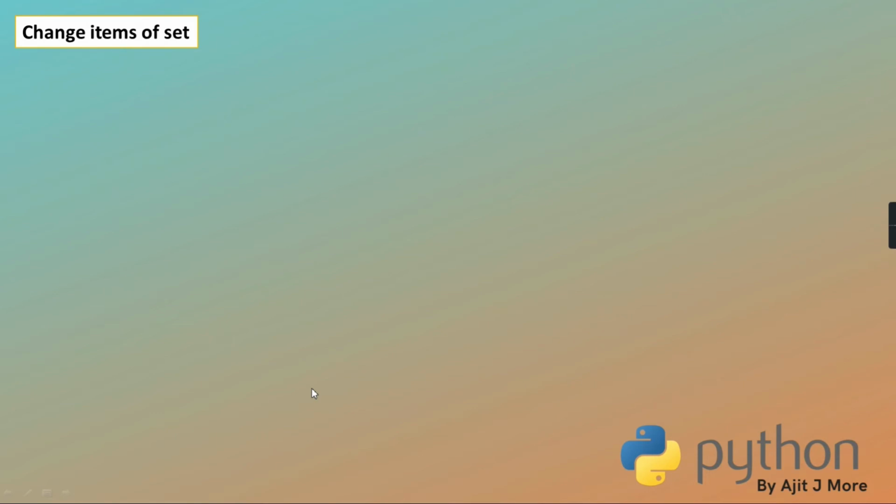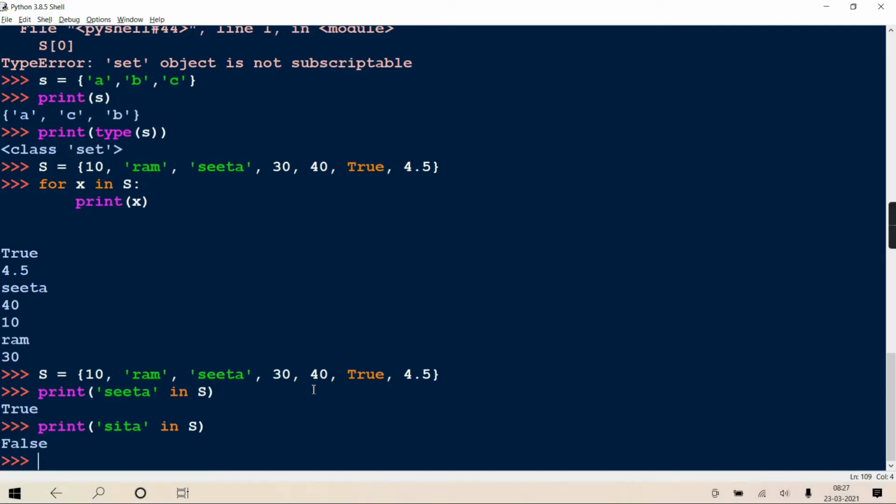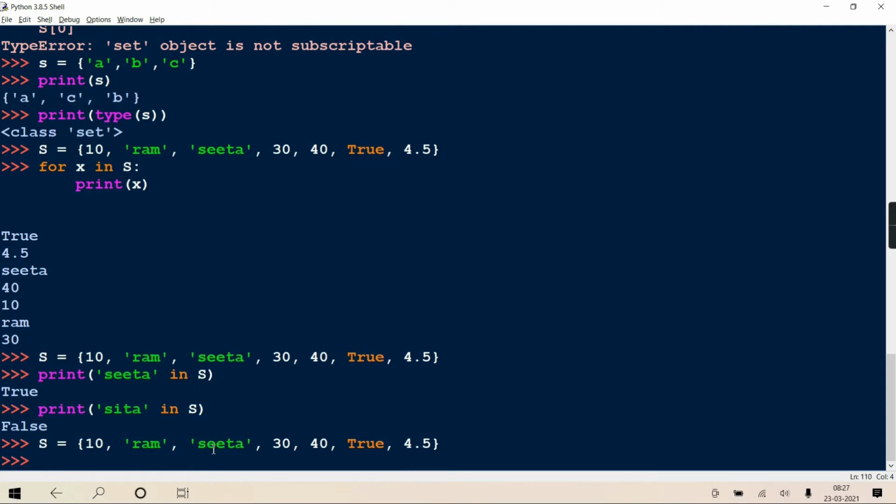Right? Then coming to changing items of set. So directly again it is not possible. You cannot change items of the set because subscript operation is not allowed. You know it. Like this is the set and I want to change this Sita to SITA.